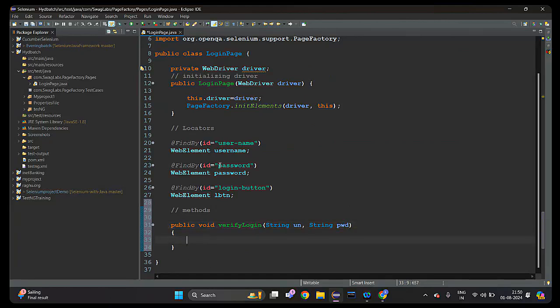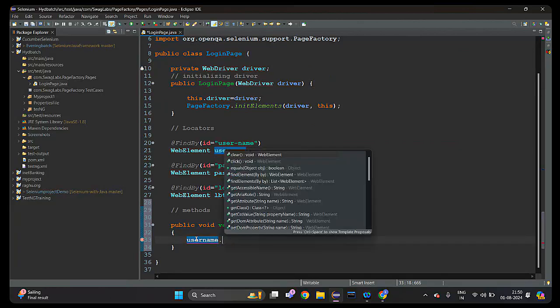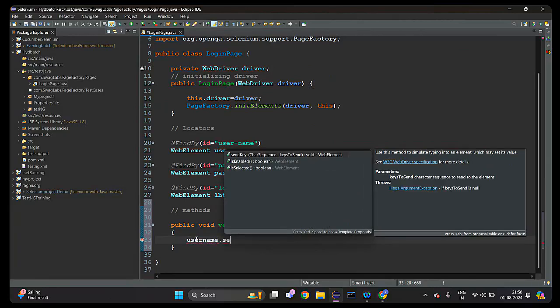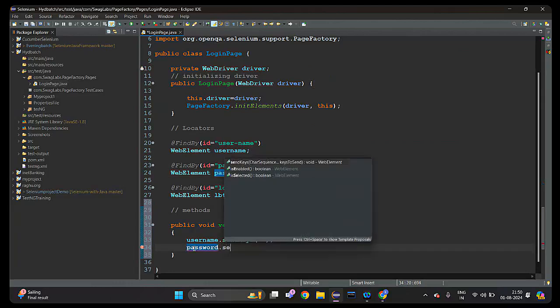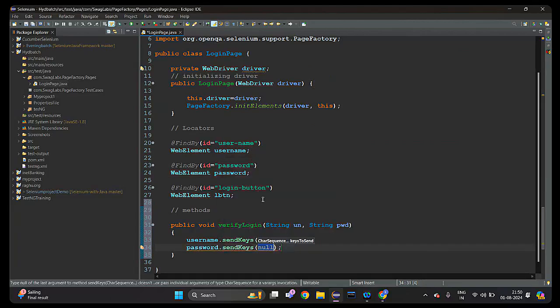Now see here, I am directly interacting with the web element. I'm directly interacting with the web element. At the same time, send keys. Okay, see now, if you look at here,